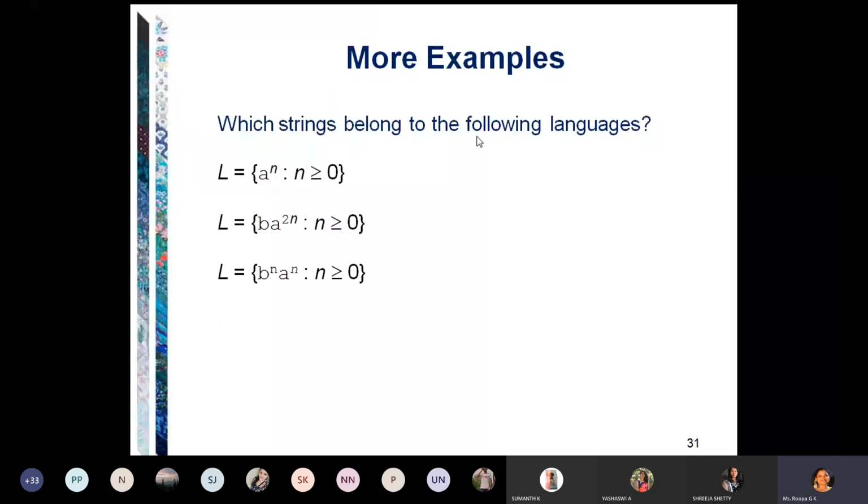Which strings belong to the following languages? First problem, A power n, where n is greater than or equal to 0. I'll mention the name just to think. Half a minute I will give you. First problem, A power n, where it is replication, n is greater than or equal to 0. First string,